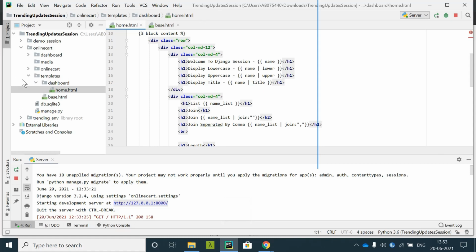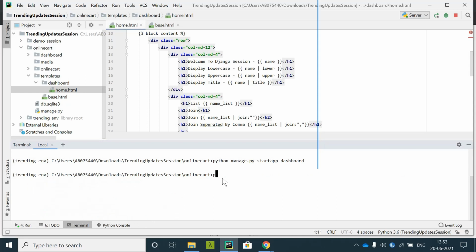We'll create a separate app for the user authentication, to keep the users separate. So what we'll do is, we'll go here and say python manage.py startapp users.